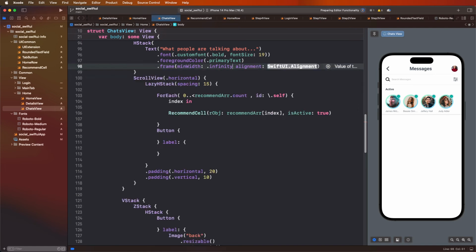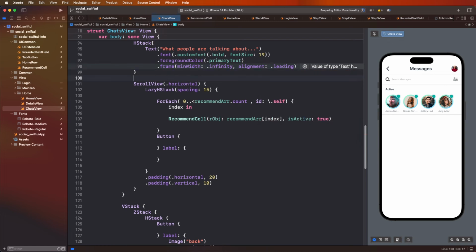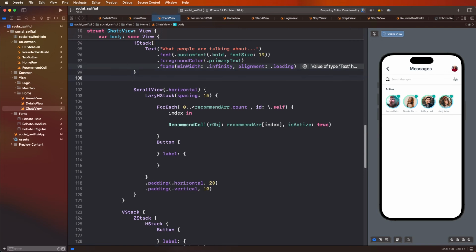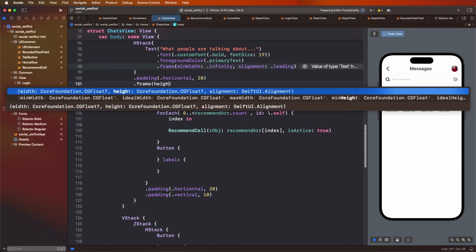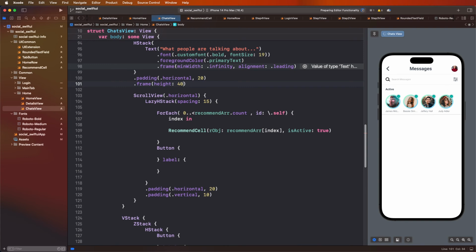this here is known as, and now need to set here the leading like this set here, and to give this here the headings need to set here set as a horizontal, and to set here the 20, then after need to set here the frame height, need to set here set as a 40,